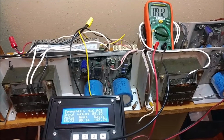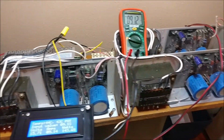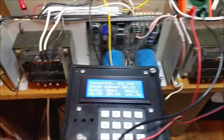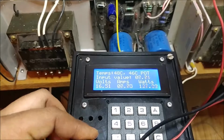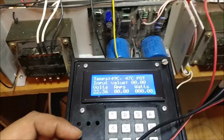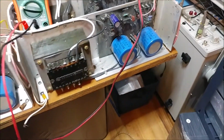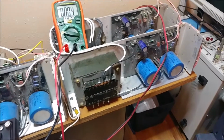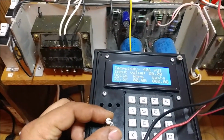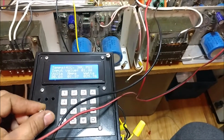There goes my fan, and as you can see on the voltage down here, that's running off of this power supply, I believe, and it says it's running at 15 volts, but if I turn it down, it goes up to 22 and some change. Well, there's something wrong with that power supply. I believe it's this one. So obviously it's not regulating as well as it should, because it should be putting out 12 volts instead of 22.6. But it can still supply the amount of current I need to test